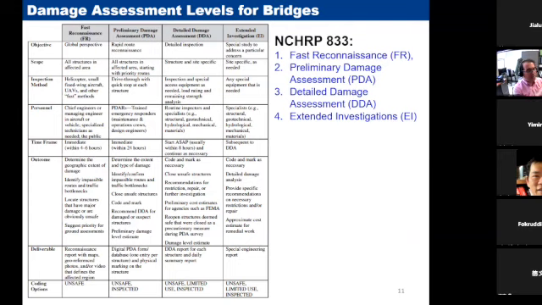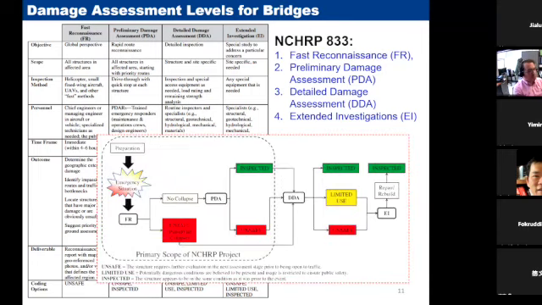Preliminary damage assessment is when you send a trained person to the site, they will assess the bridge quick and fast, and they will produce preliminary, or PDA, assessment numbers. The detailed one is after that. I'm showing the flow chart from the NCHRP report here as well. On DDA, or detailed damage assessment, which happens sometime after the earthquake when the PDA is done, you may say, okay, now I can do more analysis and have more time for inspection,